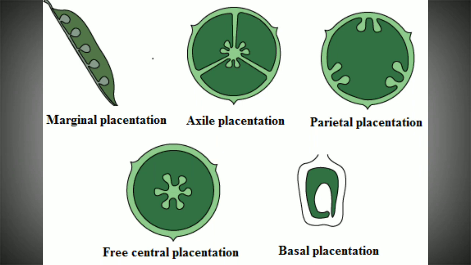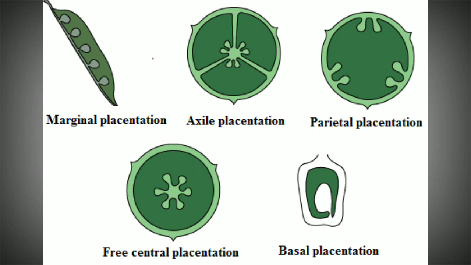Then thirdly comes the parietal placentation. In parietal placentation, the ovules are developed on the inner wall of the ovary, so that is generally peripheral in their arrangement, and it is single chambered. That means there is only one locule. There may be several locules, but due to the formation of a false septum, it becomes two chambered, as for example in case of mustard fruit.